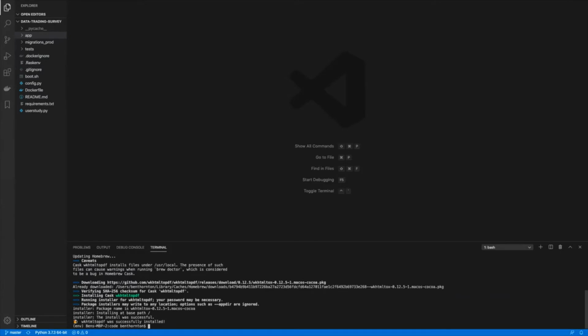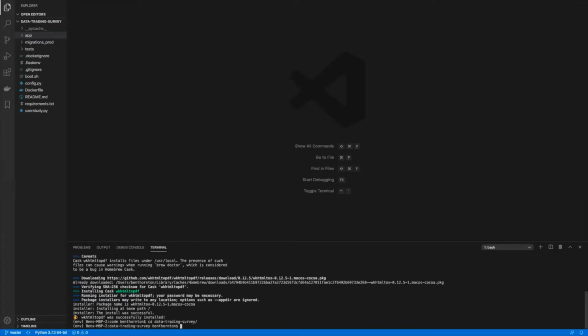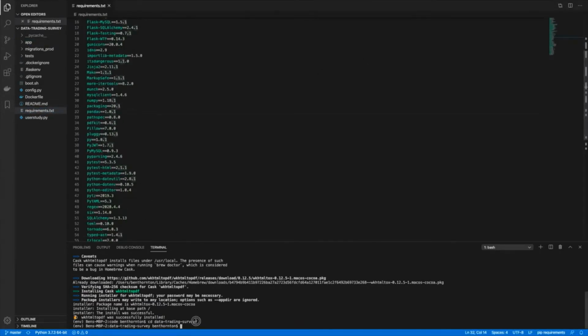So once that is installed, we can now go ahead and go back to that folder we were in earlier, and we can install the Python packages for the project, which are stored within this requirements.txt file. So we do pip install.